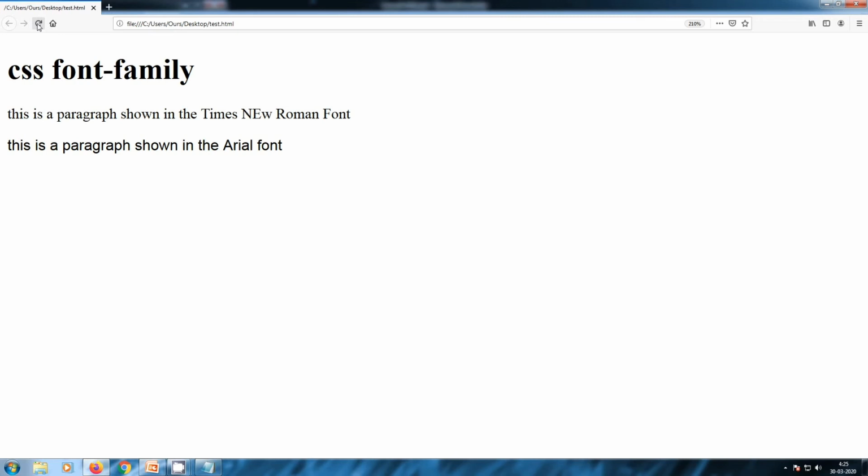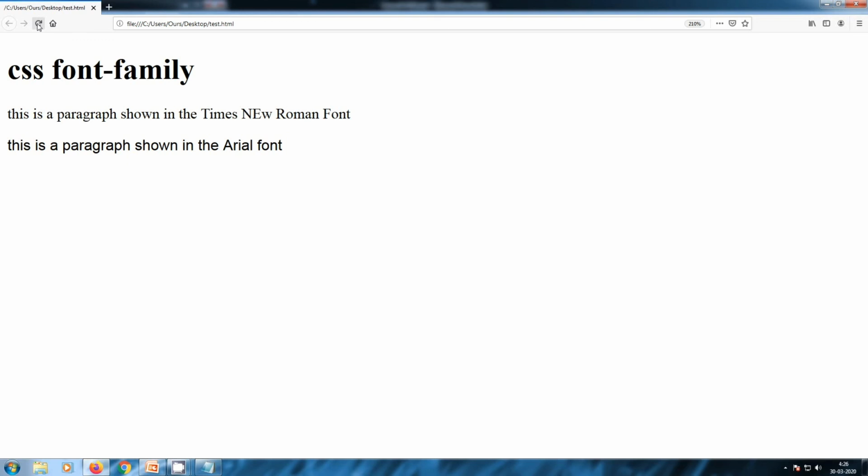So the font-family property should hold several font names as a fallback system. That means if the browser does not support the first font, it tries the next font, and so on. If the second one does not work out, it will try the third one. So it starts with the font you want and ends with a generic family, to let the browser pick a similar font in the generic family if no other fonts are available.